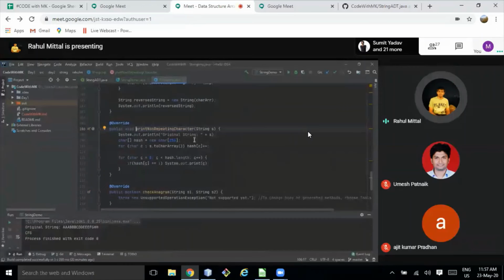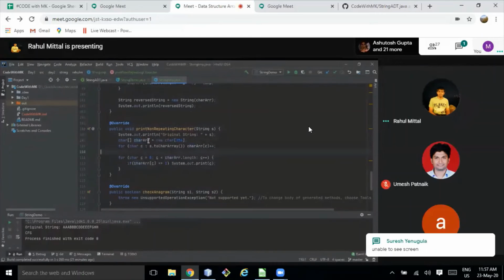As Umesh and Manish were talking, I have created a hash of 256 characters, so basically an array of 256. Don't confuse people with hash. Name it as a simple char array. Actually, in computer science we call it hashing, so that's why I mention it as hash. It's fine, but people will confuse it with hash map. Better say char array.